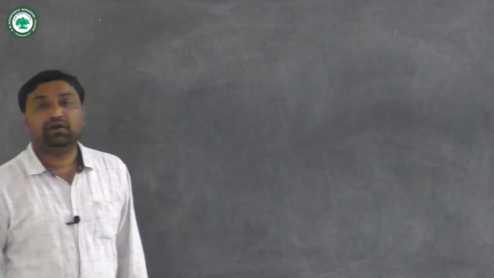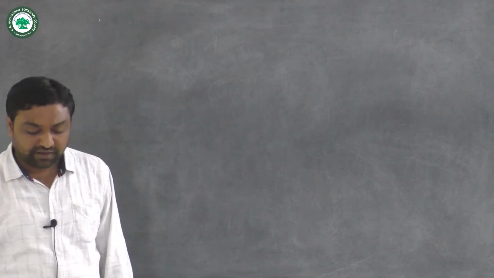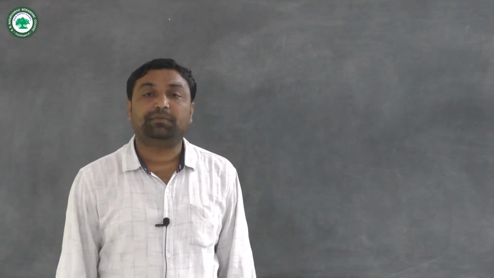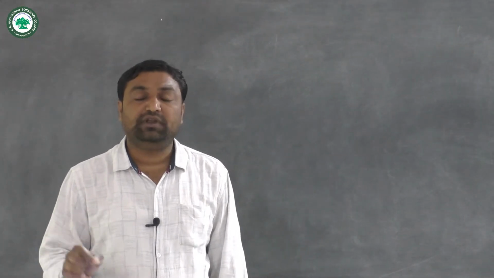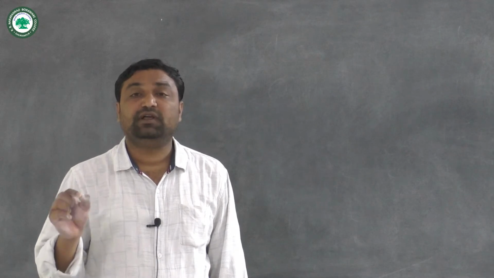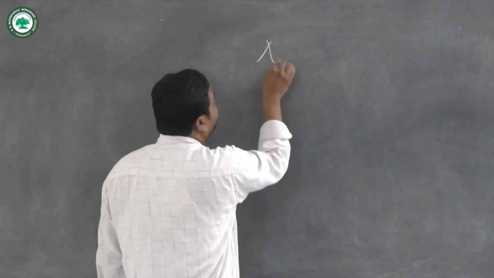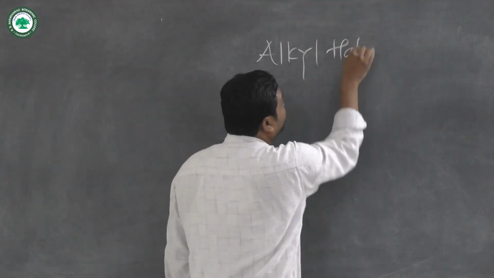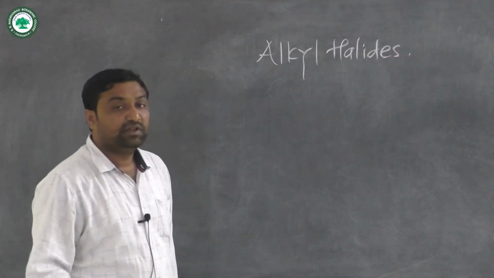Now we already know what is meant by alkyl halides. Alkyl halides are the monohalogen derivatives of alkanes, which are obtained by the replacement of one hydrogen atom from an alkane by the same number, that is one halogen atom. Now these alkyl halides are classified into 3 types,